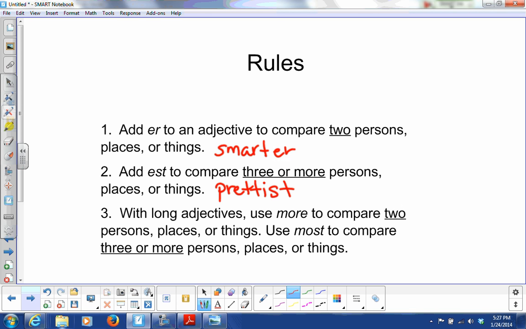And finally, number 3, with long adjectives, use more to compare two persons, places, or things, and use most to compare 3 or more persons, places, or things. I thought this was kind of hard because I'm like, what is a long adjective? So let's say confident. Okay, Miss Fernley is more confident. Confident is a long adjective. It's a long word. Okay, so I'm either more confident than other people in the room, or I'm the most confident